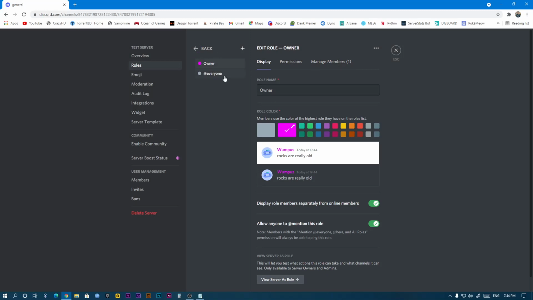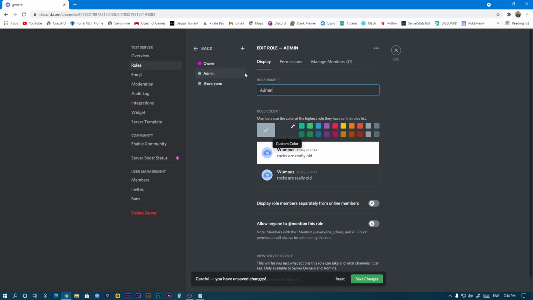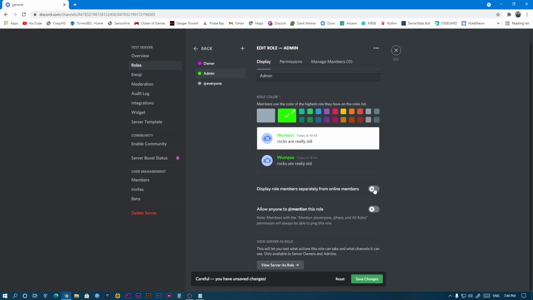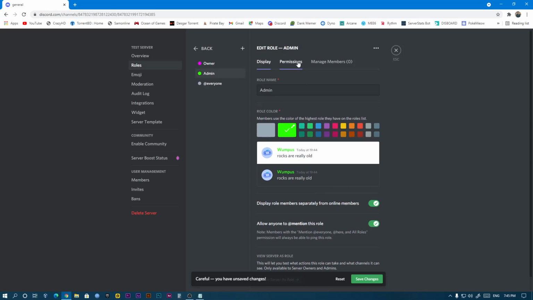And the second role is for our admin. So admin is who can edit our server and add bots and many things. So I create a role for admin, or you can give CEO, what you choose. Choose a color for admin. I choose green color and display role separately, allow anyone to mention. And for permissions,